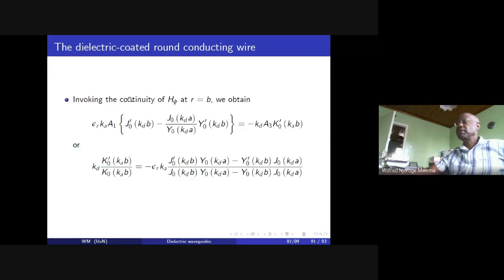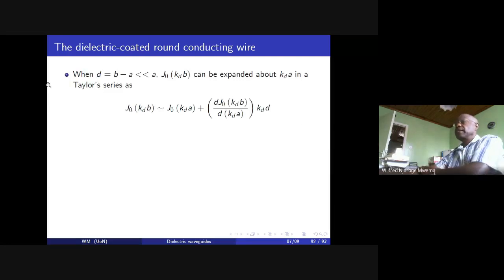And when we invoke the continuity of H of phi at R equal to B, we obtain those values. That is outside in the air, and this one inside the dielectric, and we get that value there. And when d is equal to b minus a, much smaller than a, where remember a is the radius of the conductor, then that can be expanded about Kd of a in a Taylor series, and we get a value